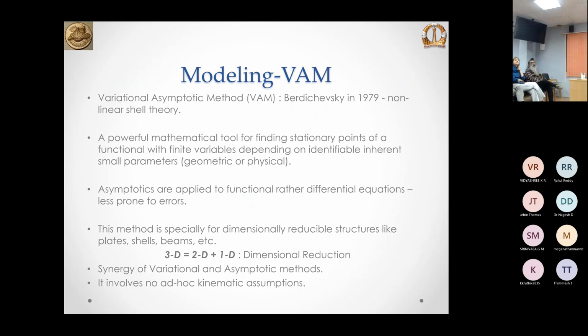Now, how do we model? We have strain energies now. Now we have to model it for buckling. Now we have to get the buckling of this membrane. So I used VAM. What is VAM? VAM is the variational asymptotic method proposed by Berdichevsky in 1979 for nonlinear shell theories. It's a very powerful mathematical tool to find the stationary points of the functional subject to some constraints with an identifiable small parameter, be it geometric or physical. So asymptotics here are applied to the functional rather than the differential equations,